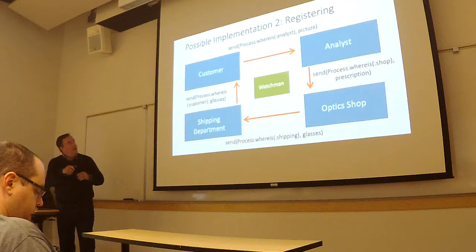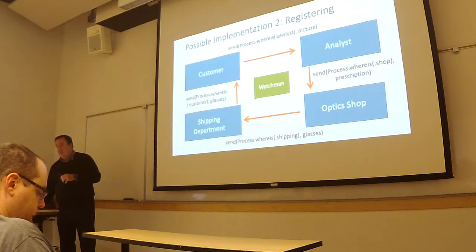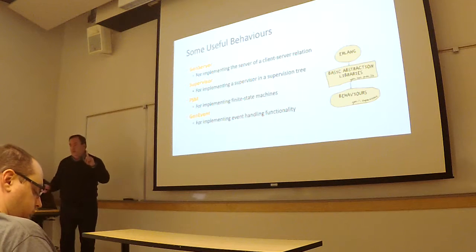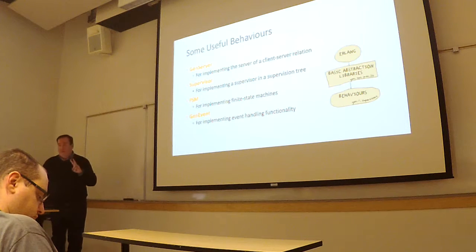Now you might have noticed I left off the customer. Well, remember right here is sort of the interface to the system. So this is the client. These are sort of a set of servers handling the process. This is the watcher or supervisor for that set of processes. Okay. So we're going to use gen server and we'll use supervisor.